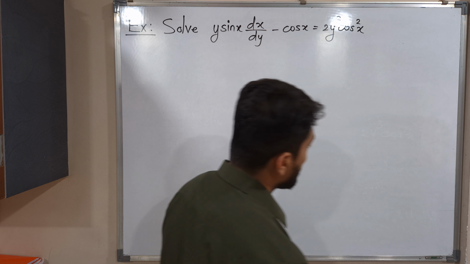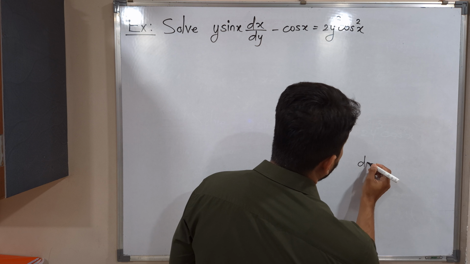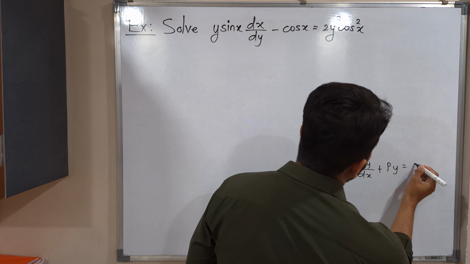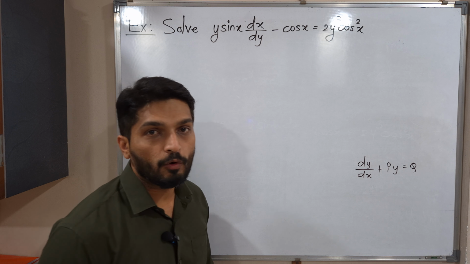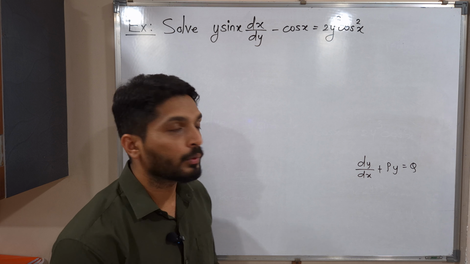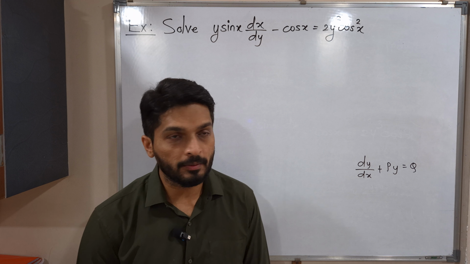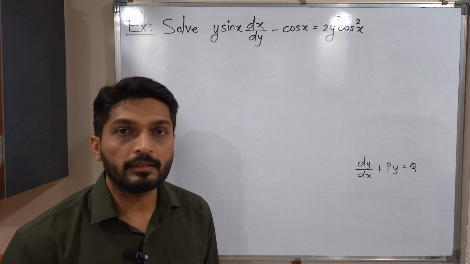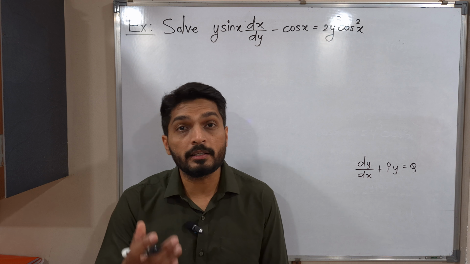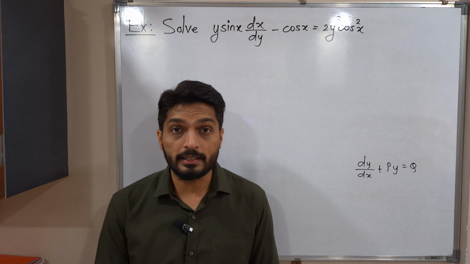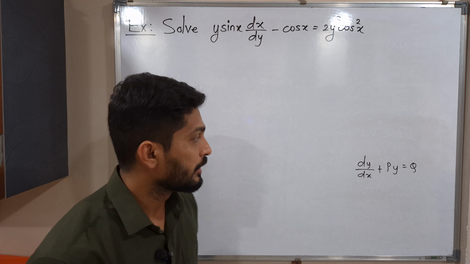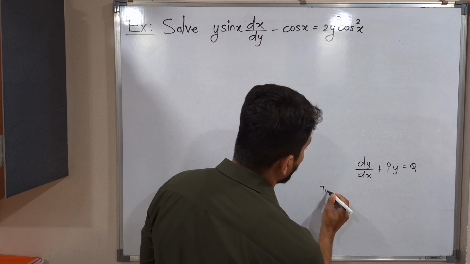So let me write here dy by dx plus Py is equal to Q. This is the standard form of a first order linear differential equation, where P and Q are functions of x only, right? After that we discussed reducible to linear type 1. Reducible to linear means the differential equation is not exactly linear, but you can reduce it to the form of a linear differential equation. So type 1 was, okay,